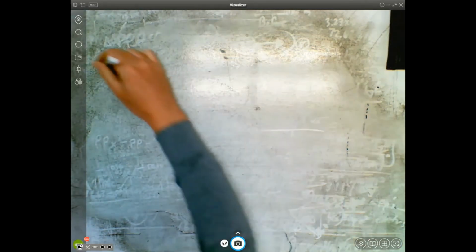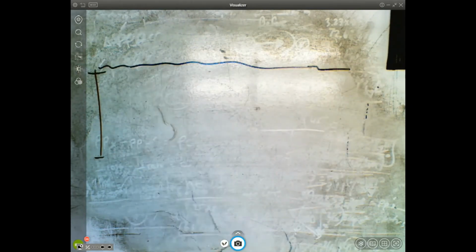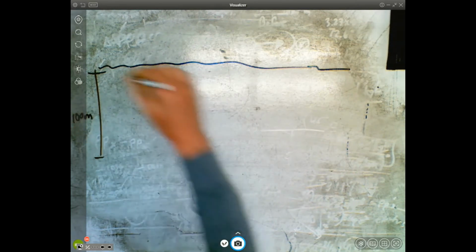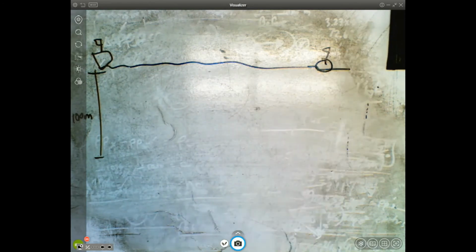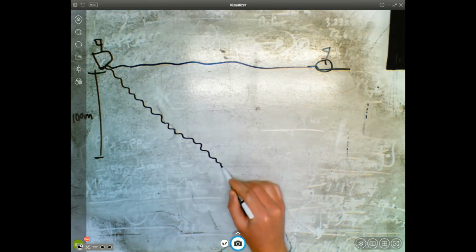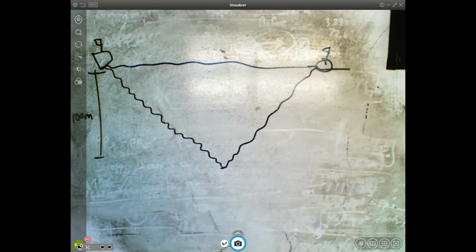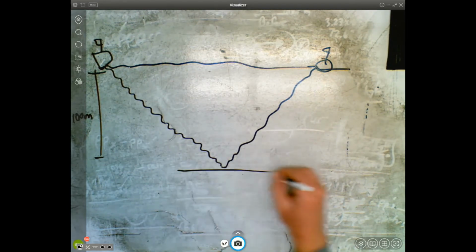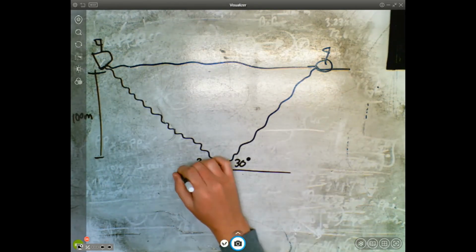So we have our water here, and then it says that our lake is 100 meters deep, and here's our boat. There we go. And then here's our buoy over here. So it sends a sonar signal, and then it hits the bottom of the lake, and then it bounces up and goes to that buoy there. And it says it sends a sonar signal at an angle of 30 degrees from the bottom of the lake. So this is 30 degrees. So we know that this is 30 degrees, right? And we want to know,